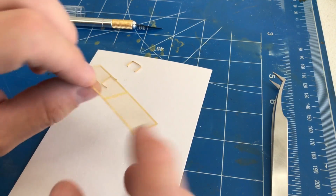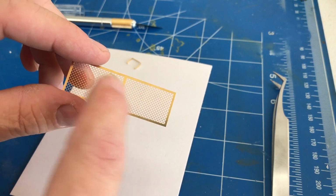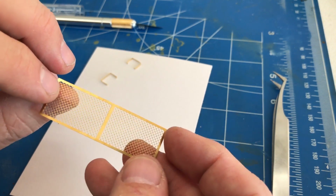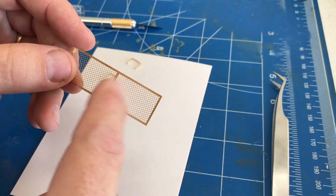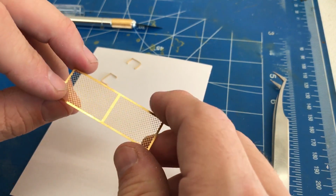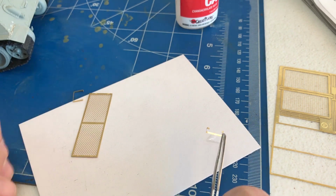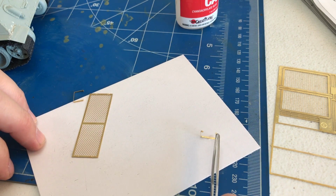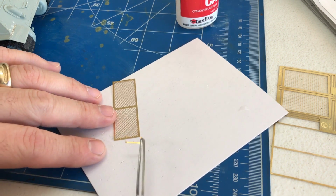Remember also, when you're putting this on, there is a good side and then just a basic side. You want to make sure that the good side is sticking up because it has more of a three-dimensional effect, like springs. This side is more the side that was laying face down. Actually, I'm going to try to show you a little bit of the construction here. I like to put a little pool of super glue down and then lightly dip it in, and then